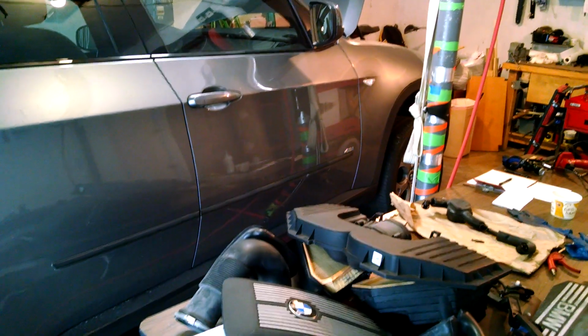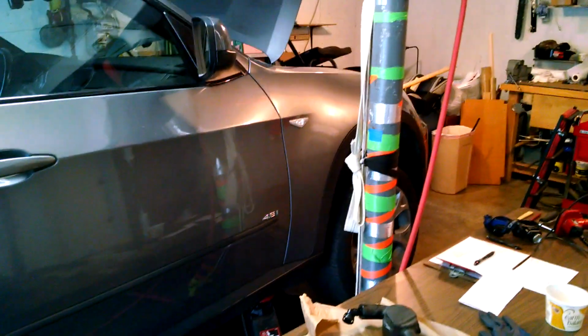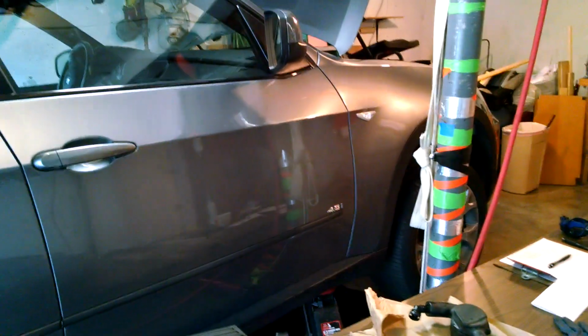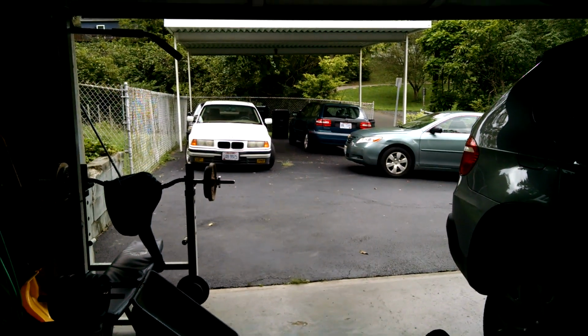2008 X5 4.8. On this car, the alternator was drenched in oil and killed the alternator and the battery. Someone else replaced the alternator. I had done valve cover gaskets before on that beater, the white